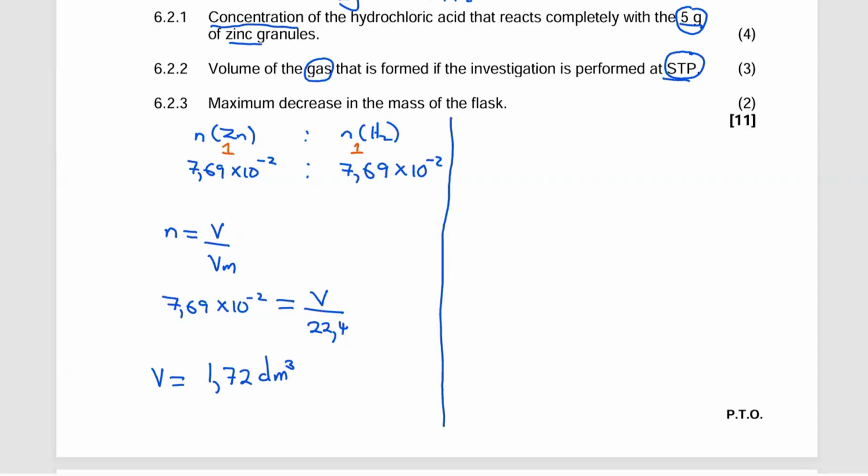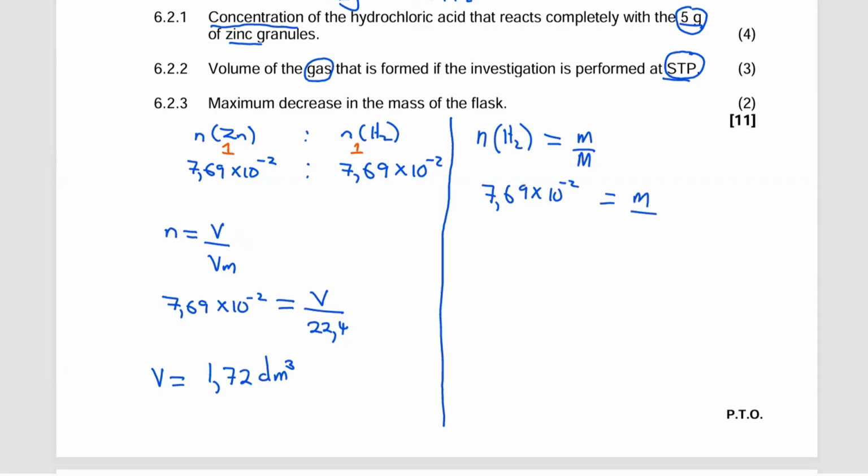Then we proceed to 6.2.3, where we are asked to calculate the maximum decrease in the mass of the flask. Here we need to calculate not the number of moles, but the mass of the hydrogen gas. By formula, number of moles is equivalent to mass over molar mass. I already have the number of moles for hydrogen gas, which is 7.69 times 10 negative 2, equivalent to m, all over